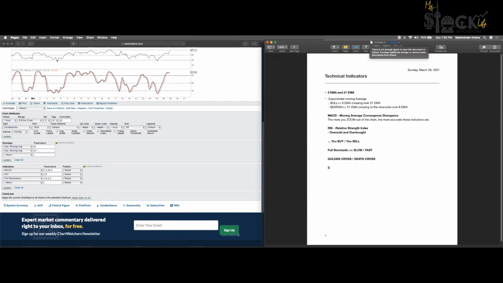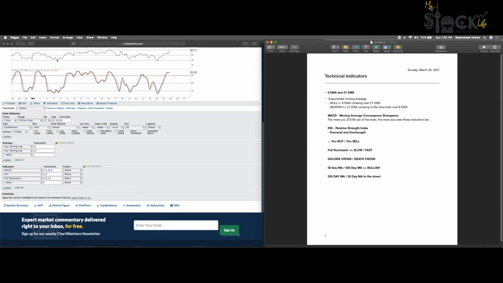Golden cross is basically the 50-day moving average crossing over the 200-day moving average, which is considered to be extremely bullish. It basically means the stock was trading at a higher average range over the last 50 days than the last 200 days average, right? And then the death cross is when the 200-day MA crosses over the 50-day MA